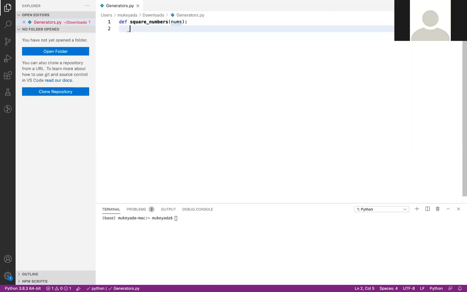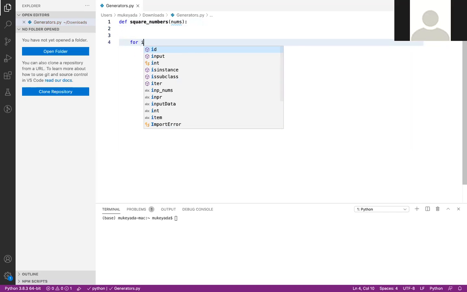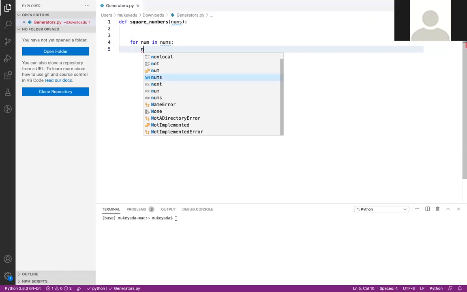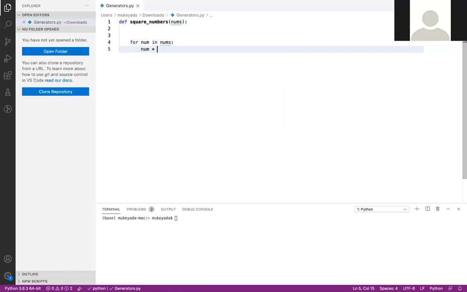Now I need to do for num in nums, num into num, but before that let me take one variable, result equals to an empty list.